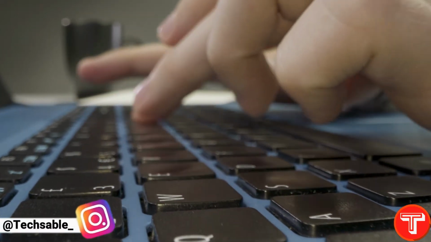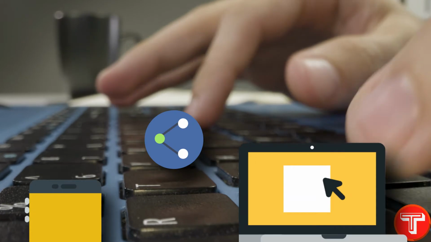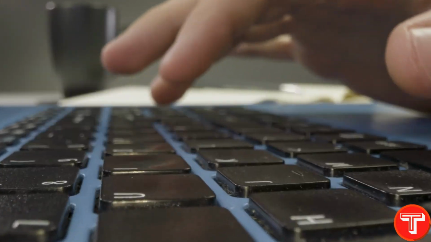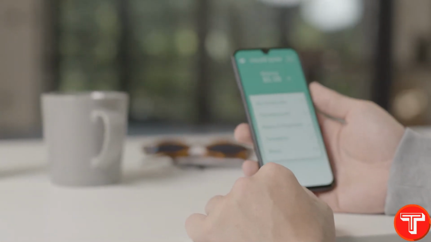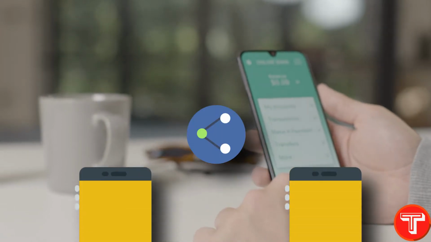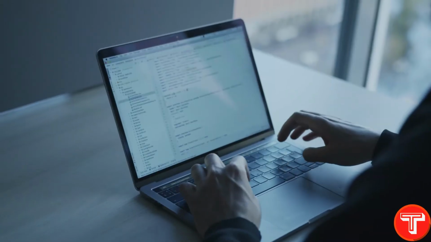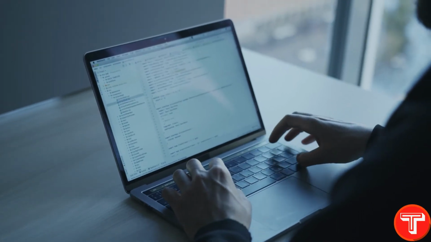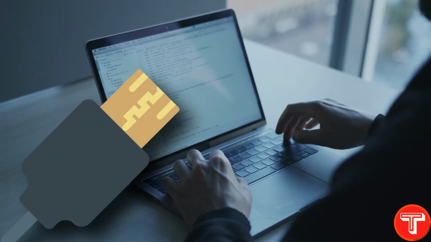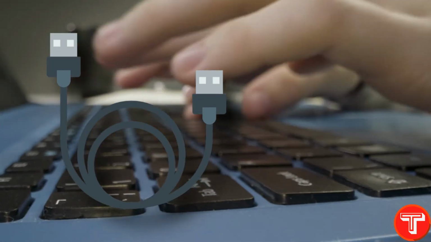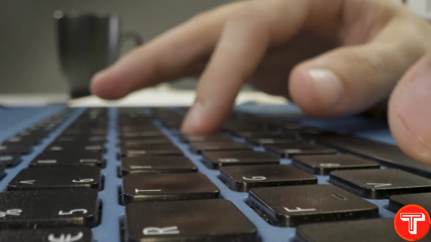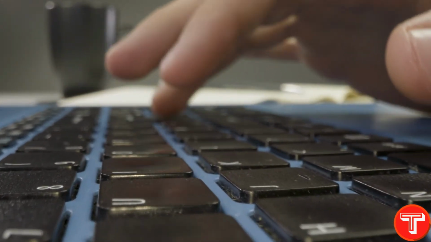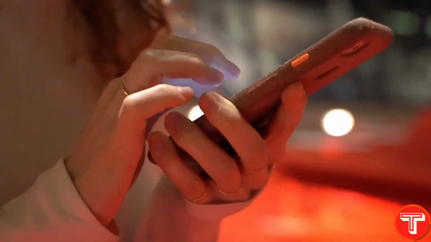Today in this video we are going to talk about how to transfer files between Android smartphone to Windows PC and Windows PC to Android easily. As you guys know, transferring data from Android to Android is so much easier. You can use Google Files app to transfer data between Android to Android, but people are always facing issues while sharing data between Android to PC. So if you don't have a data cable or data cable isn't working properly, then here it comes the best wireless data transfer way, which is also the fastest, and you can easily transfer data from Android to PC. So let's get started.